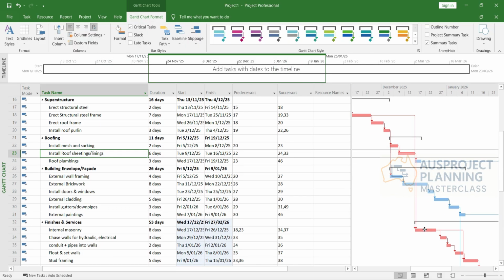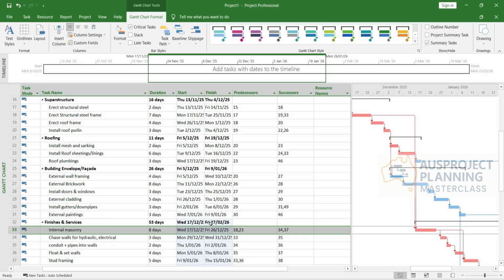Because the idea of this work program is just to understand how this software works and all that. It's not necessarily that as a beginner you want to get everything perfect. You just want to get the idea how this software works. And along the way, when we do more videos, we will understand more concepts of project planning, right? So if the internal masonry is done, assuming the internal masonry finishes, then it will go to external brickwork,